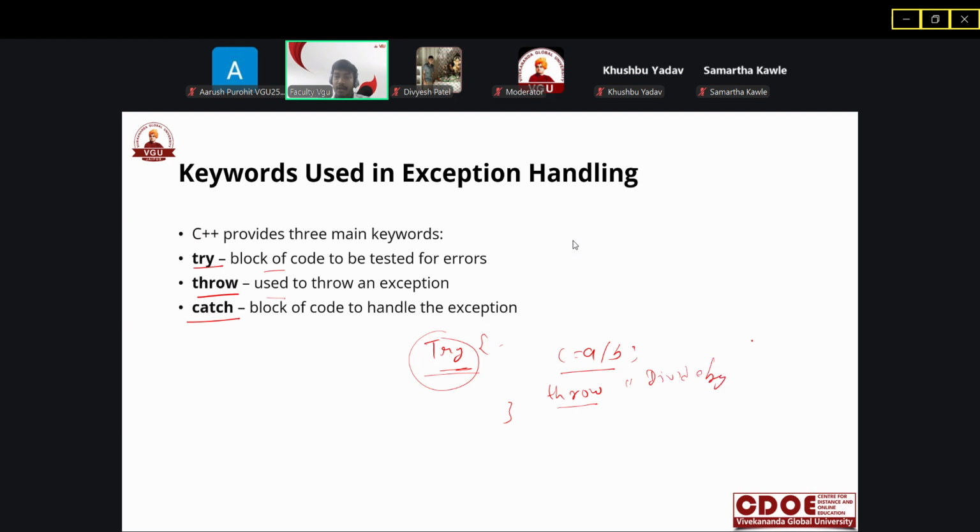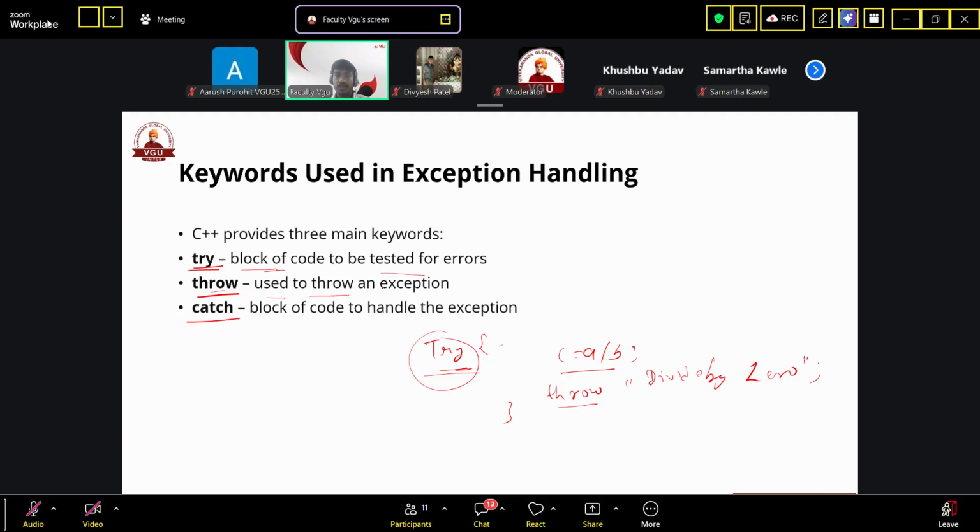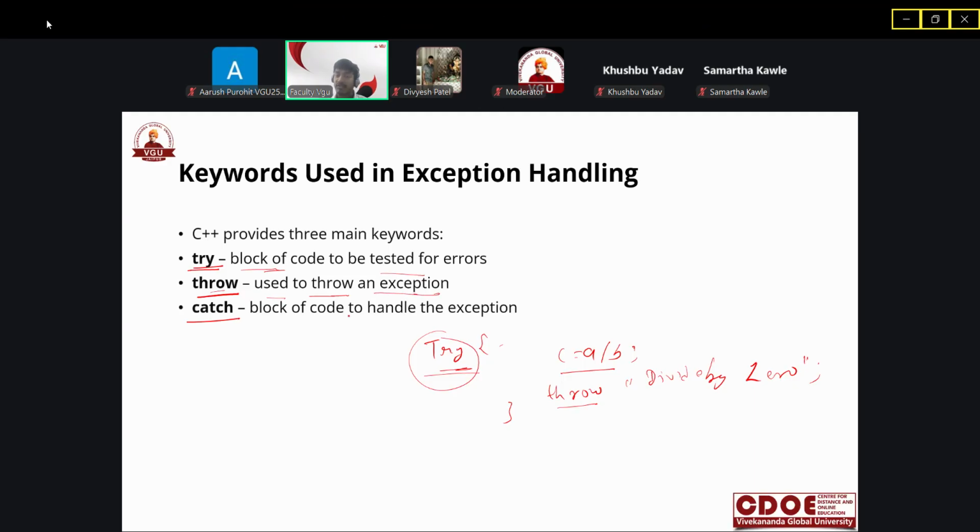So try is a block of code where we are testing for errors. Throw is used to throw the exception, the error that occurred at runtime.